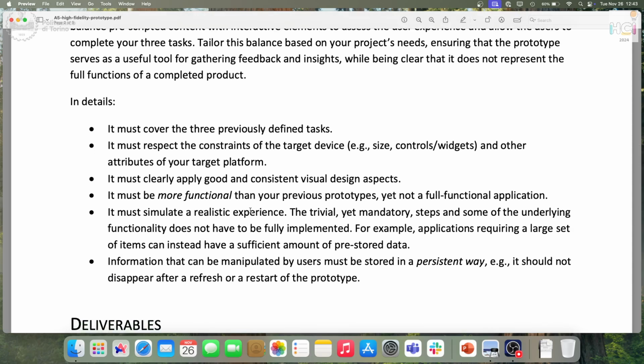Etc. in detail. The high fidelity prototype must cover the 3 previously defined tasks. That should be easy if the paper prototype covers the same tasks. It must respect the constraints of the target device. So if it's a mobile application, it looks like and behaves like a mobile application, with elements that are proper to the mobile application. Navigation in the right place, buttons large enough for a mobile application, etc., and other attributes of